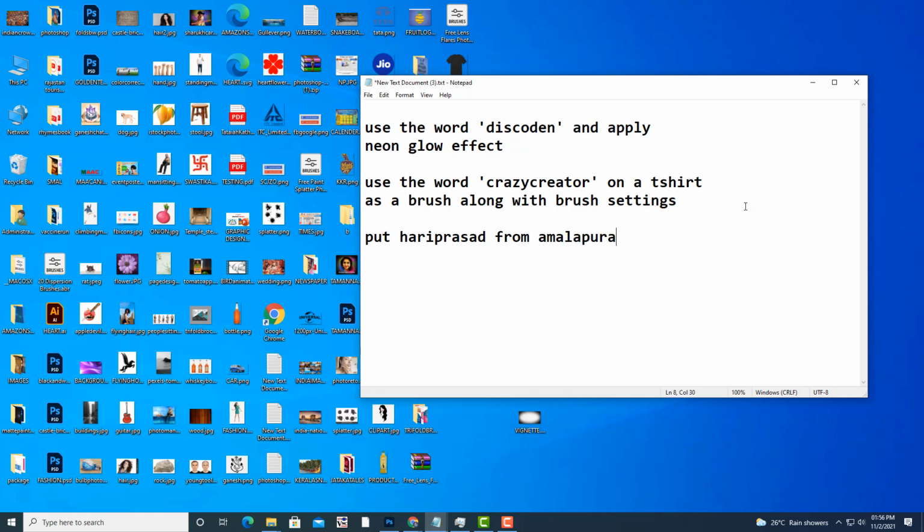So you have to put this word. Remove that word, and by removing Harry Potter, your name should be the author name, and the story's name is Hari Prasad from Amalapuram.